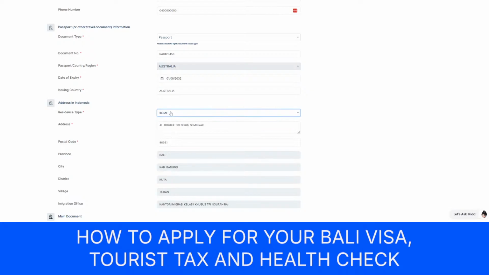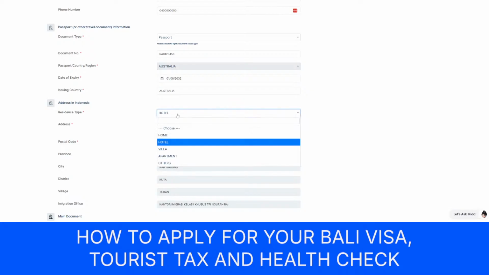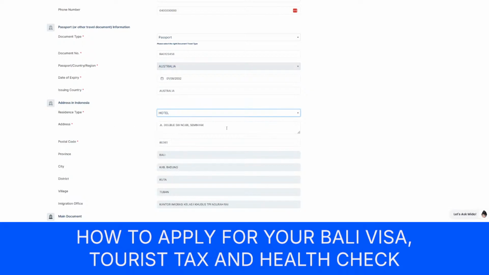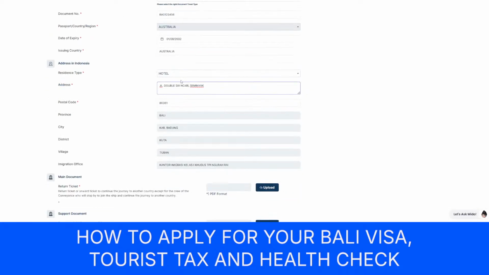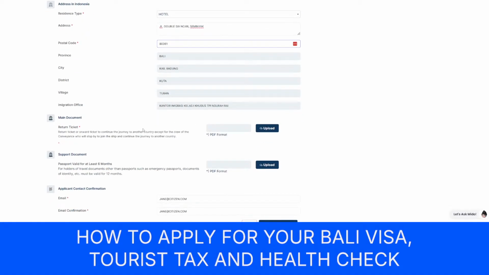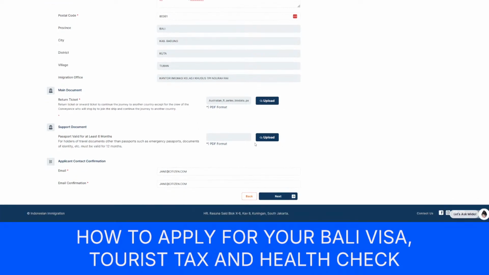Then you'll choose the type of accommodation where you're staying. The last time I went, I stayed at the 66 Resort in Seminyak. Once you pre-fill your postal code, it fills in the rest of these details for you automatically. You also need to upload your return ticket, so just upload a copy of your itinerary, and then fill in your email address. Then if we click next,